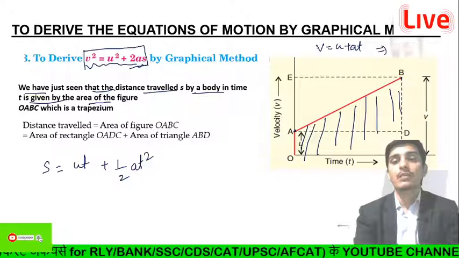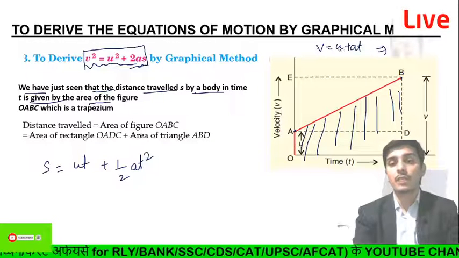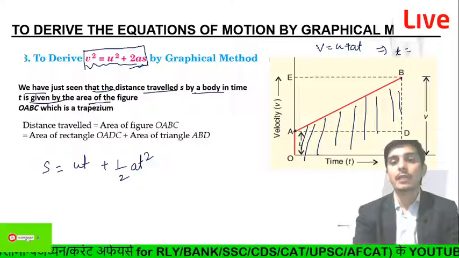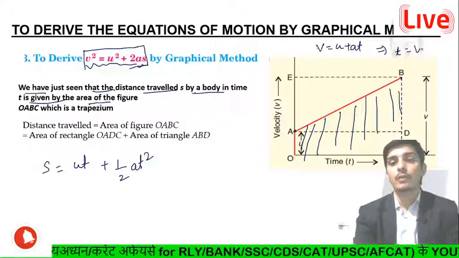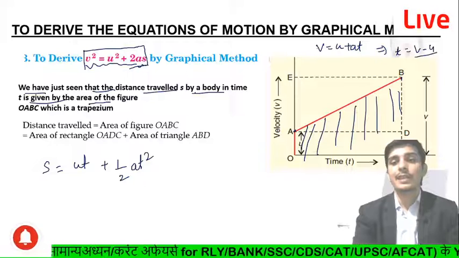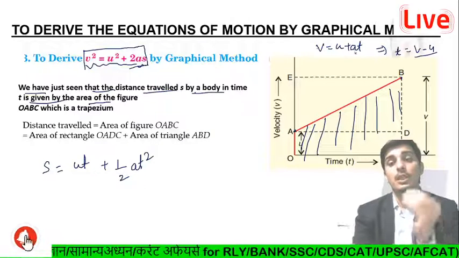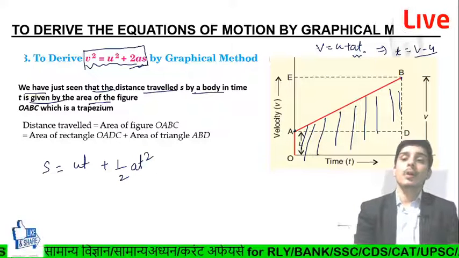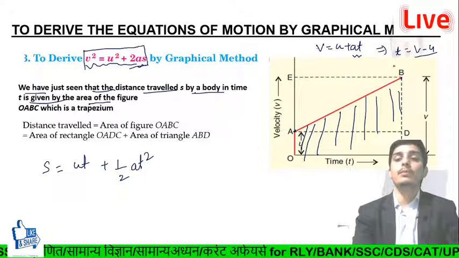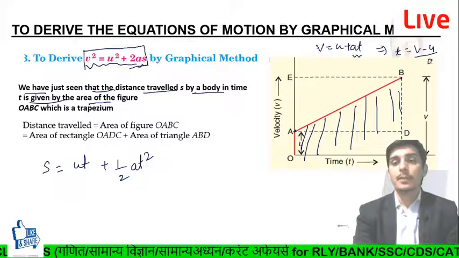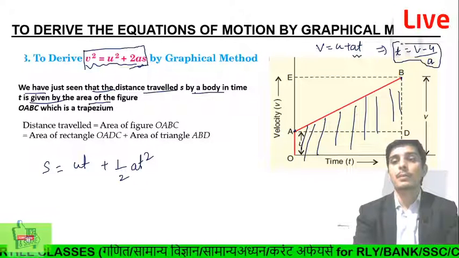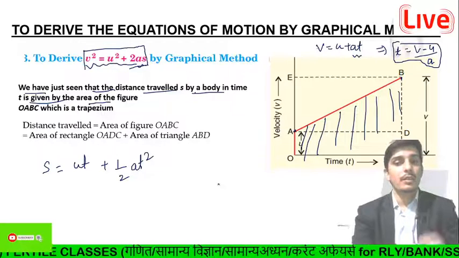So we can find out the t value from this equation. We can write t equal to, after sending this, v minus u. And when we send this a, which is a multiplication term, from the LHS to the RHS, it becomes a division. So we can write here v minus u by a. This is very simple.